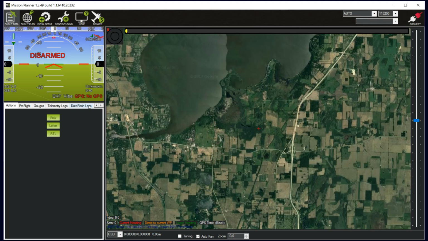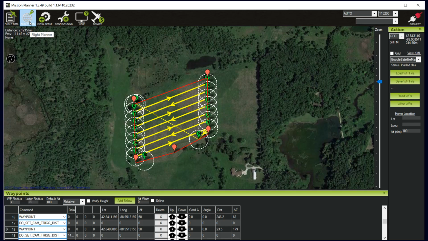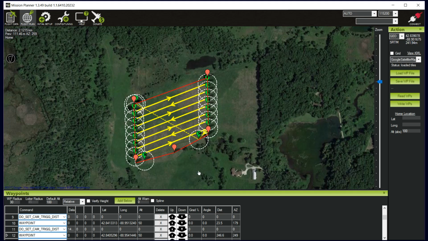What I want you to do before class time is to play around with the software a little bit, get a sense of how it works. When we're out in the field, the laptop screen's a little bit harder to look at, so you kind of need to know where you're going. In harsh lights, it's hard to see some things. And I want you to practice making some missions here. So find a place to map and start messing around with creating your own survey grid that we'll use for mapping later. All right,